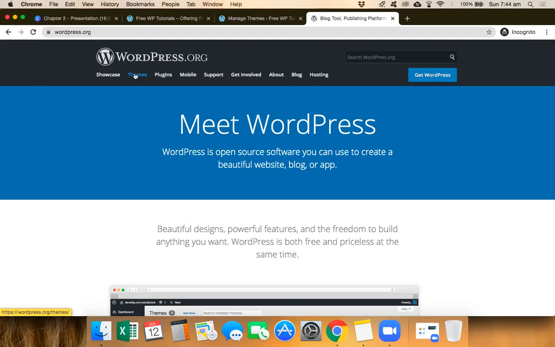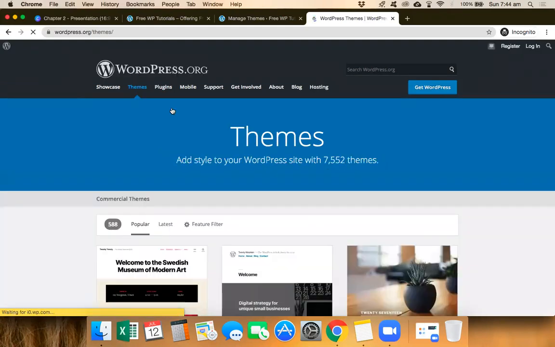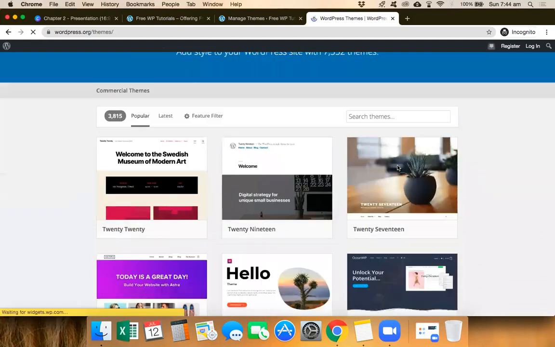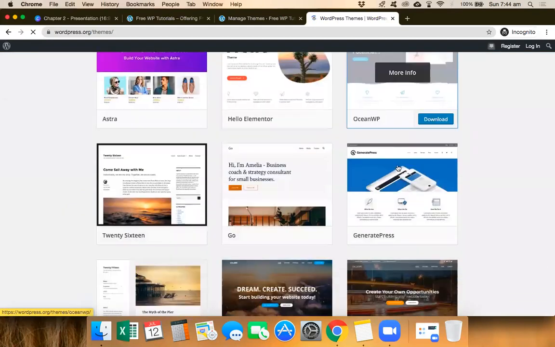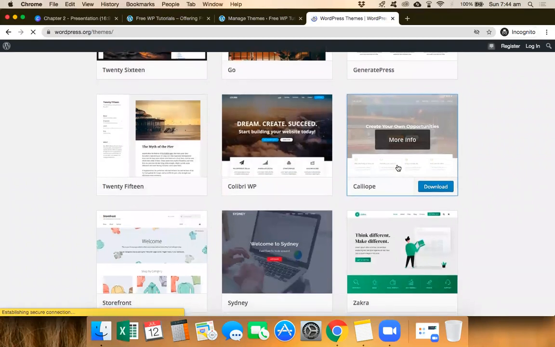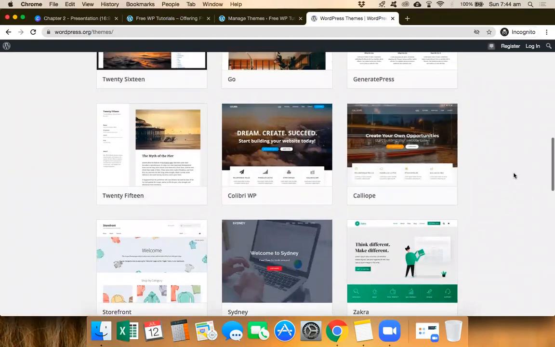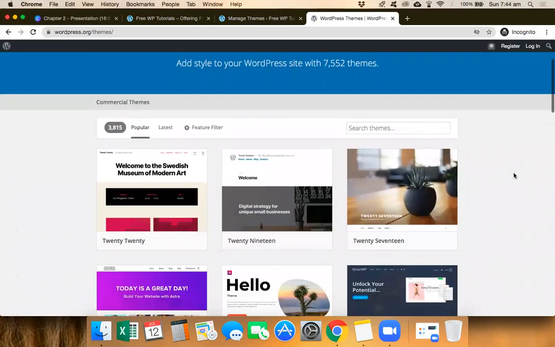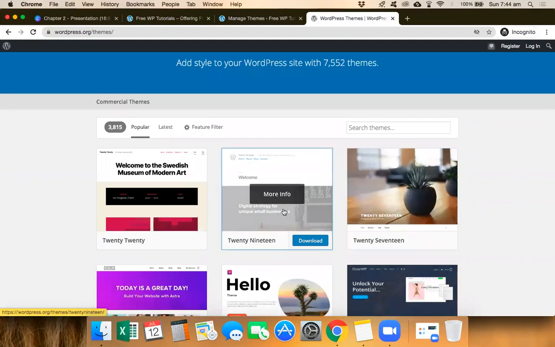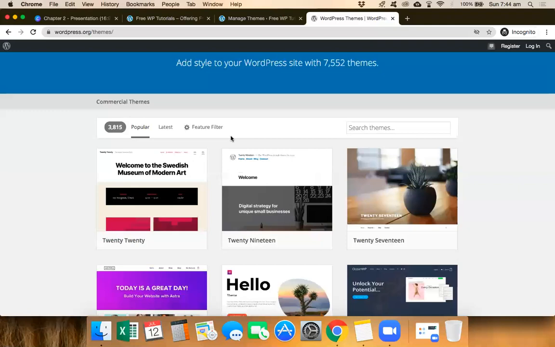That is basically what your themes are. So let's click on Themes, and you'll get to know there are well over 7,500 odd free themes that you can make use of. These are the same themes which will even appear on your WordPress dashboard as well. Just like we did for the plugins, you can download the theme from here and upload the same in your dashboard.